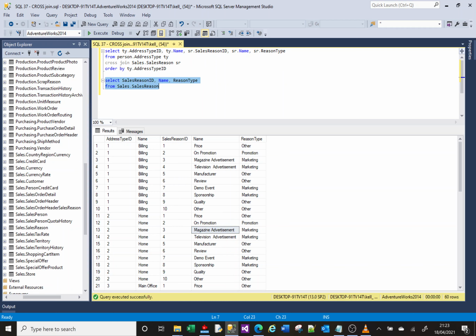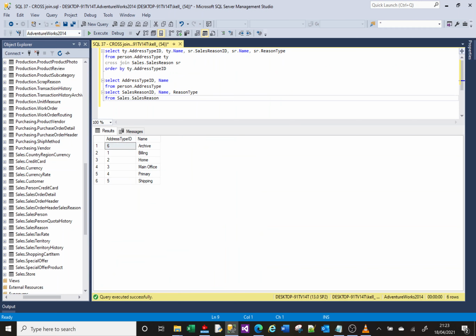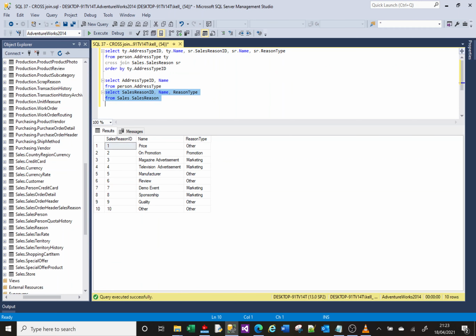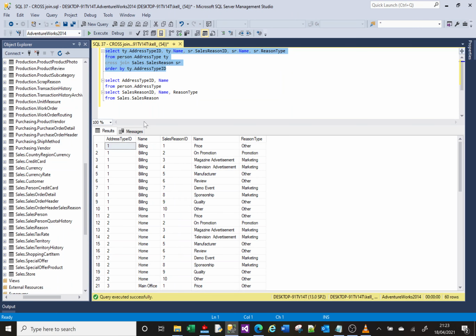So if I just put this back and put back the original select, in the first table we've got 6 rows. In the second table we've got 10 rows. So when you do a cross join between the two, it's 6 times 10, because for every row in the left hand table with 6 rows, it's going to return 10 rows for each row. So 10 times 6. And there's the results. This isn't a good example because the tables really don't have any reference at all. So what you would generally do